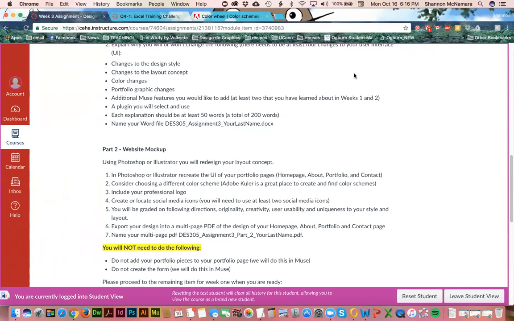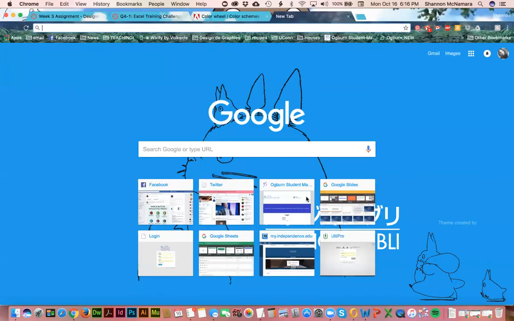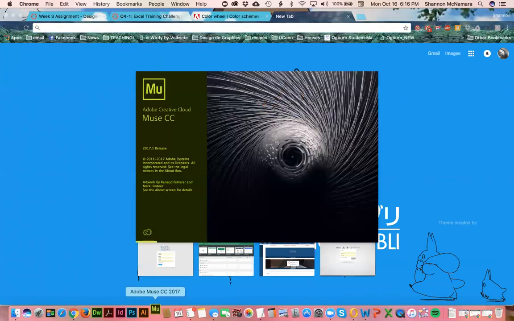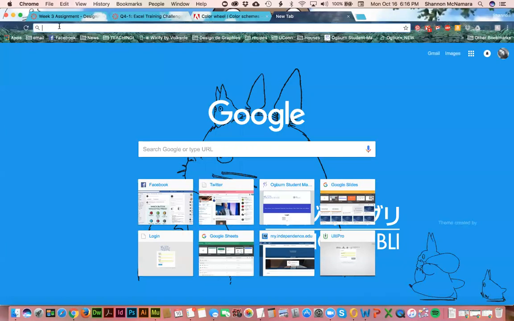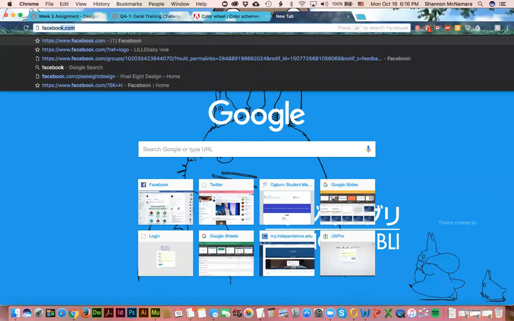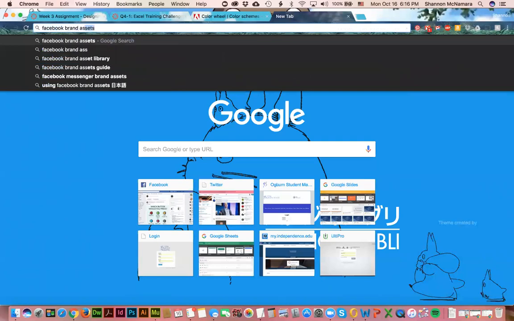Create or locate social media icons. You will need to use at least 2 social media icons. This I want to bring up. If you choose to not use the widgets in Muse, when you are looking for social media icons, you want to make sure that you are using Facebook, Twitter, Pinterest, Instagram, their brand assets. So you'll do a search for Facebook brand assets,